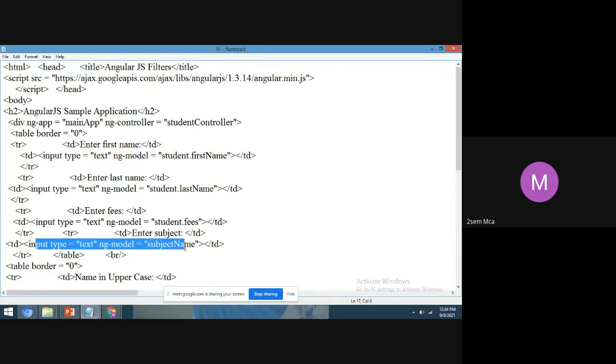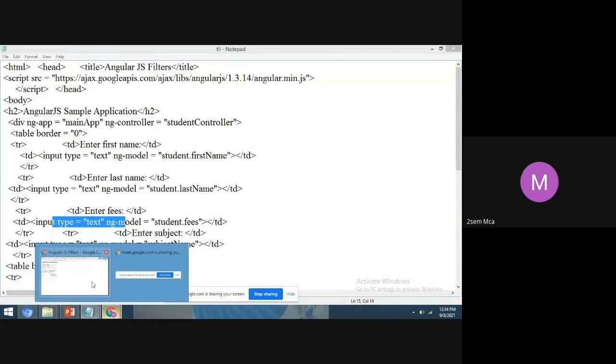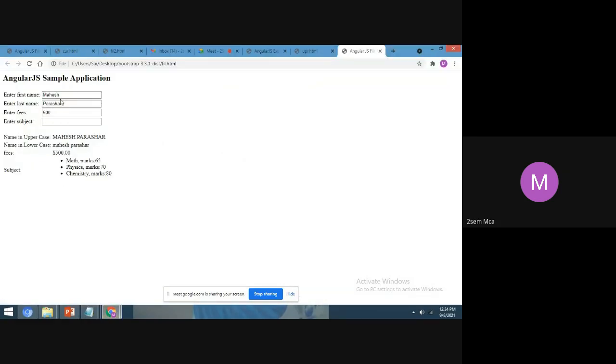That's why it is displaying with the input field. See, these are the default values which we have given in the source code: first name, last name, fees. And